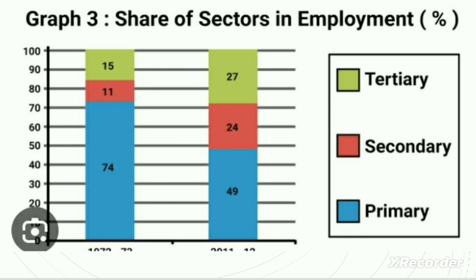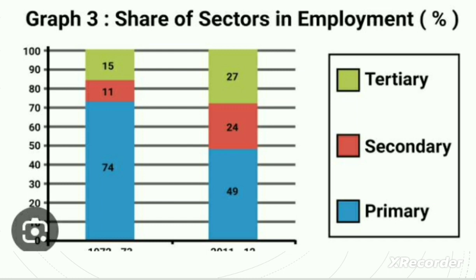The Indian economy is predominantly an agrarian economy. In the year 1970-71, as you can see, 74% of the workforce was dependent on agriculture. Now, as time passed, the dependency on the agriculture sector has reduced, and it has come down to 49% in the year 2011-12. So we can see there is a sharp transition from agriculture to the other sectors. Agriculture sector even till today is overcrowded.